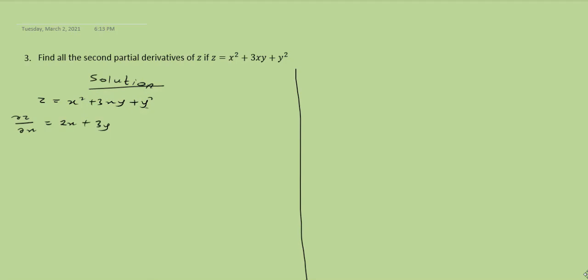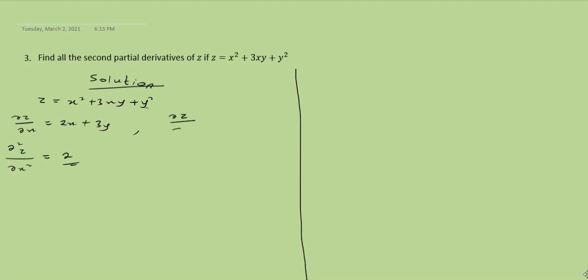Now find the second partial derivative, the square z over the x square. The answer here will be 2, and that's all. This is the second partial derivative. Now let's go to y. I have